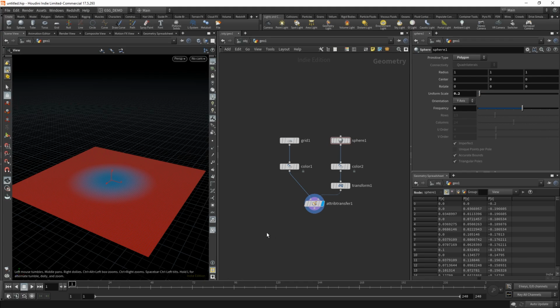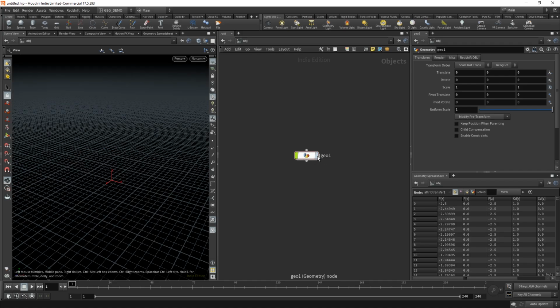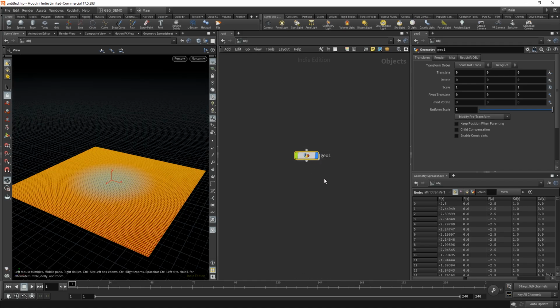Okay, so let's do something a little different with attribute transfer. It's fine to transfer colors back and forth and everything. That's cool, but let's do something totally different. So I'm actually going to jump back out to object level. I'm going to turn off the visibility flag on Geo1, and you can see that when we're out here at